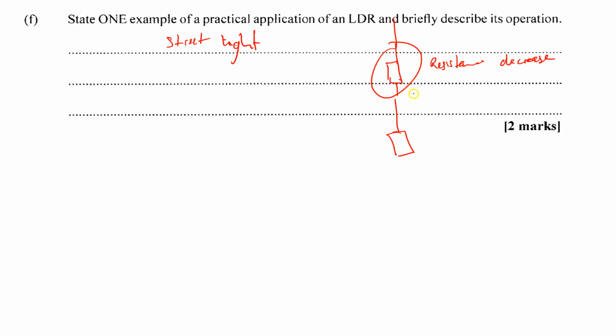much higher. Now that is going to cause a different voltage to be dropped across this resistor that is basically in series with it. So this is almost like a potential divider formula, so to speak. Your LDR would be here. In the night, no light is shining on it, so the resistance is going to increase. When that resistance increases, it's going to create less voltage drop across